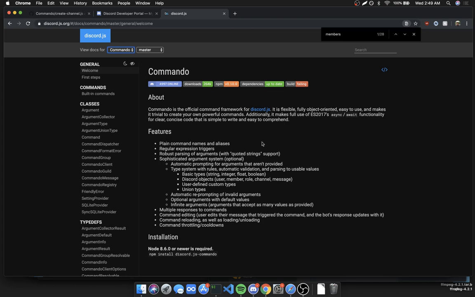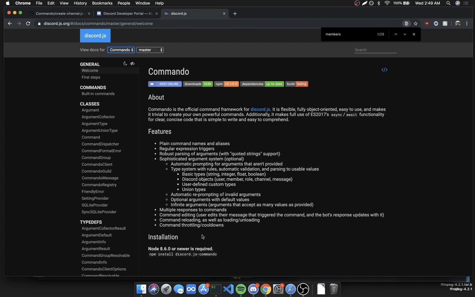more organized, because if you use the message event, it's just going to look like a giant mess, because really what it is is just a large if-else statement and all of your logic goes in there. And if you look at it, it's going to be hard to read, it's going to be hard to maintain, things like that. So it's just better to use the Commando framework so that you can keep your code organized and keep everything nice and neat. And it also takes care of a lot of things for you, which we will see as we build our